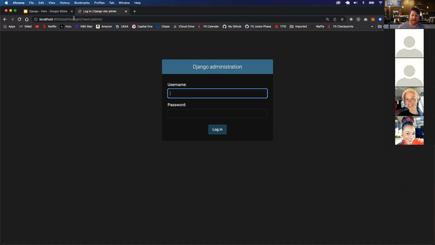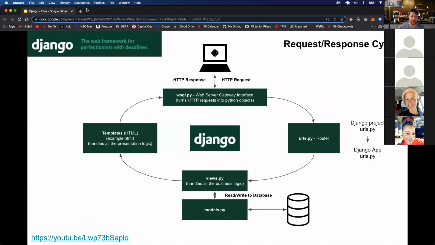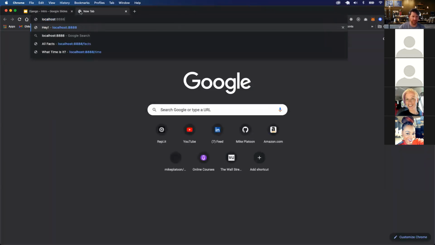Well, Django already has that built in for us, so it does a lot of the heavy lifting, which is really nice. Don't worry about that right now, but just know this is the first built-in URL that comes with Django. By coming here, it reads this part and automatically renders